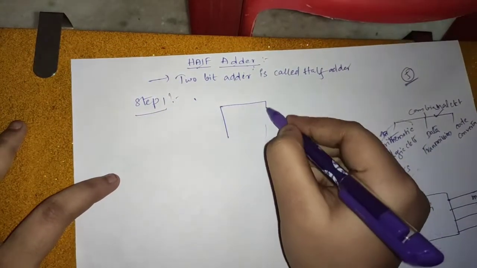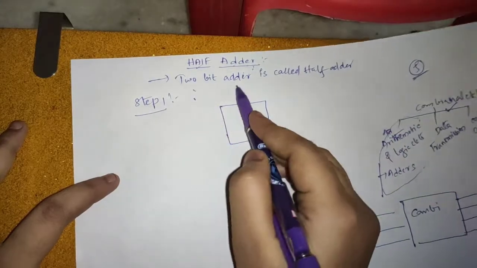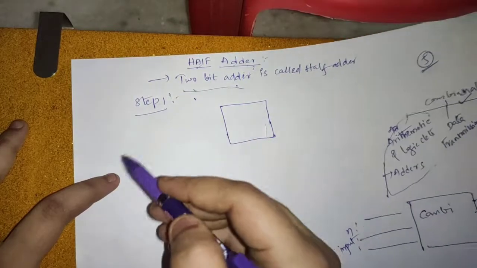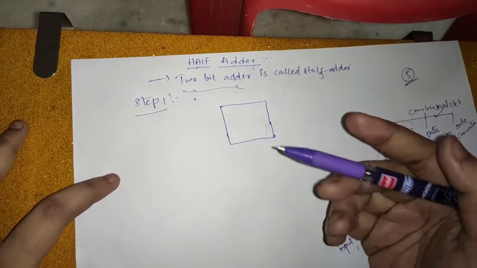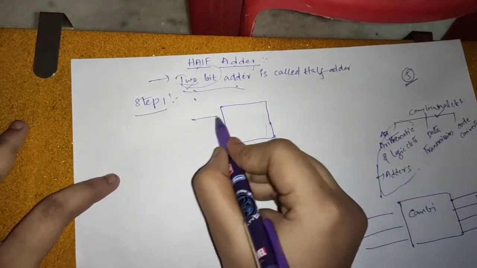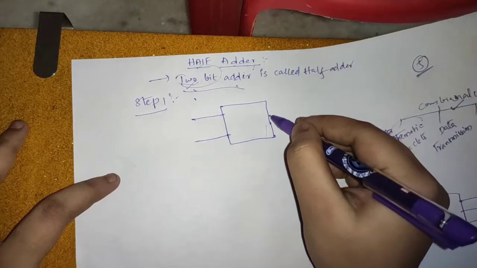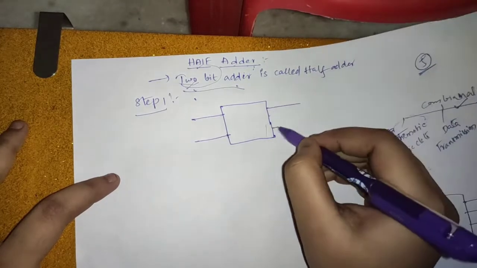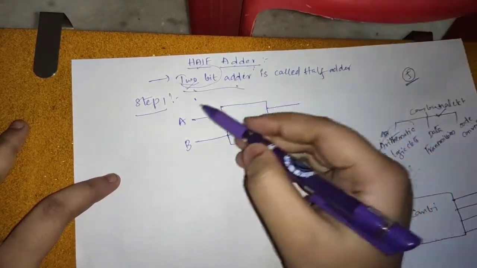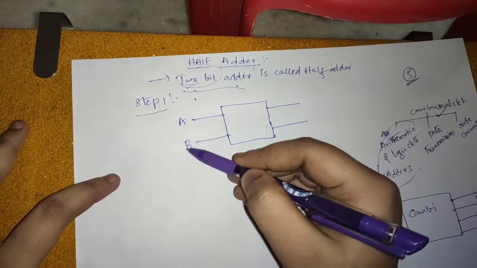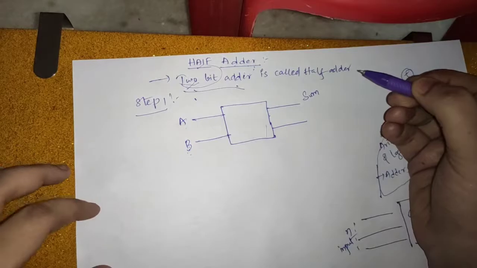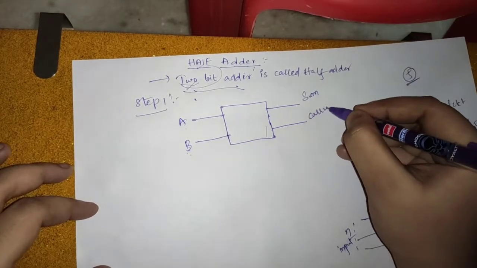So here in half adder we will have the 2-bit adder. In the last class I told how to find input and output. It is given in the question itself, that is 2-bit. In a sense we need to add 2 bits, and we'll get the output as 2. Let us take A and B as the 2-bit adder inputs. So we have two inputs A and B, and the adder has the outputs sum and carry.